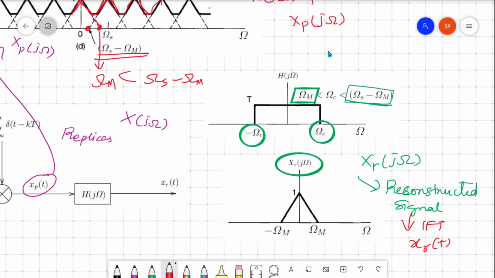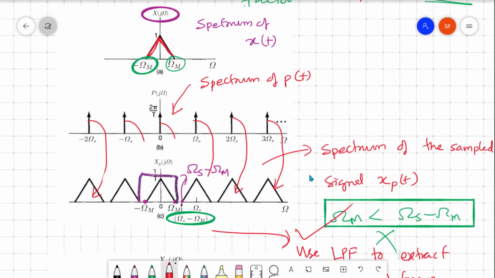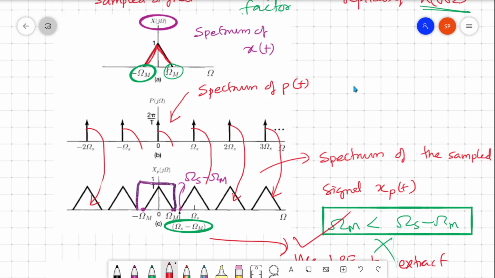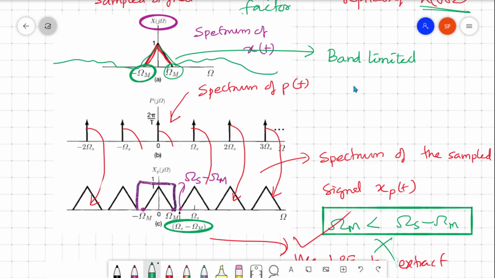So this is the basic idea of the sampling theorem we have proved here. What we have proved is that under certain conditions we can extract the signal from its samples. So is that proved? Yes. Here you can see the input signal is band limited, so this condition is satisfied. If it is not band limited, the frequency spectrum of the signal will go like this, then all these replicas will overlap, and we won't be able to separate the original from the spectrum.